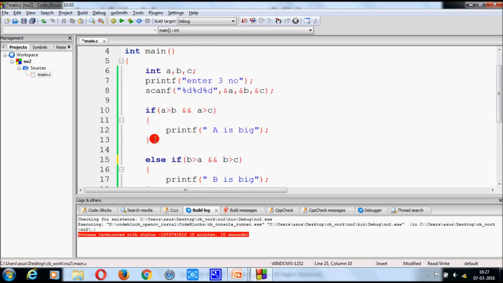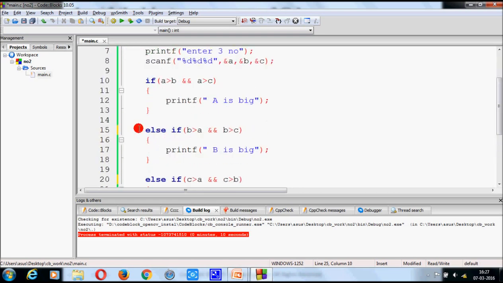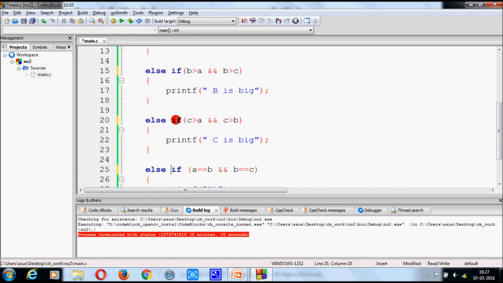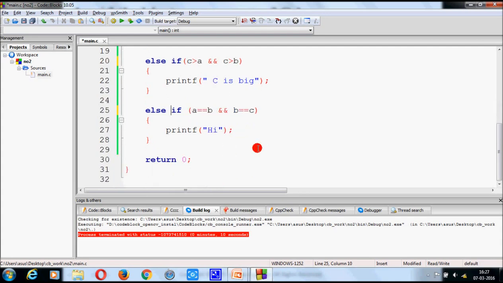Here this if is directly associated with this else section, and this if with this else section, and this if has no else section. Now put an else section here.